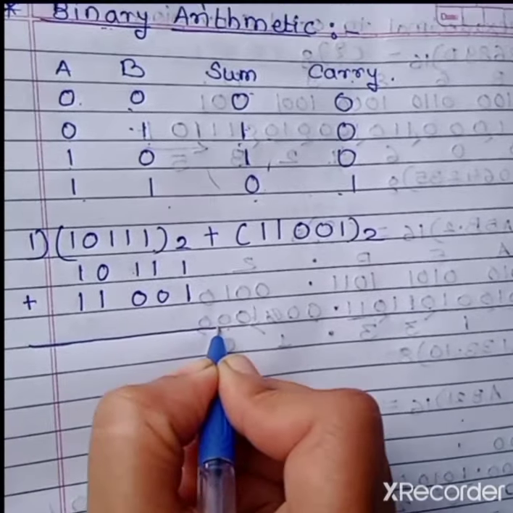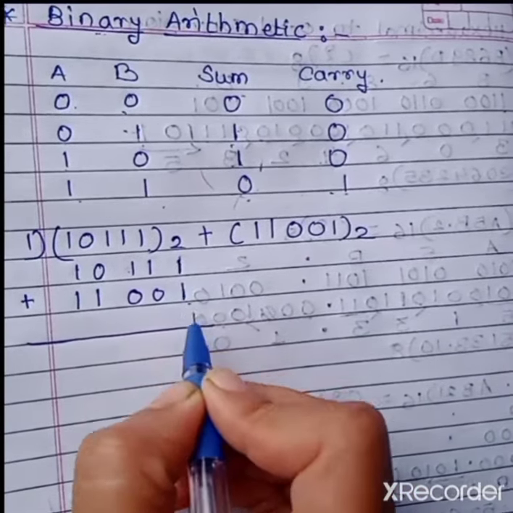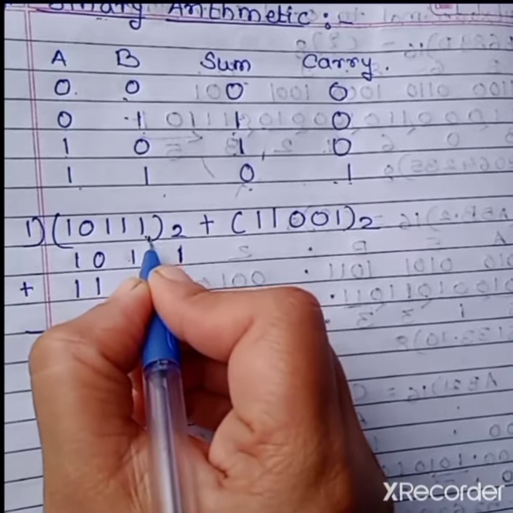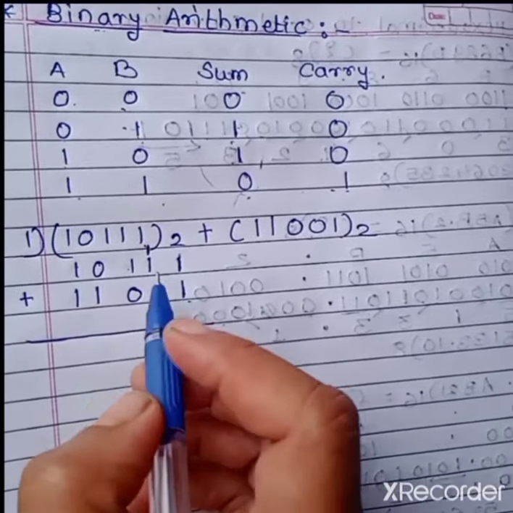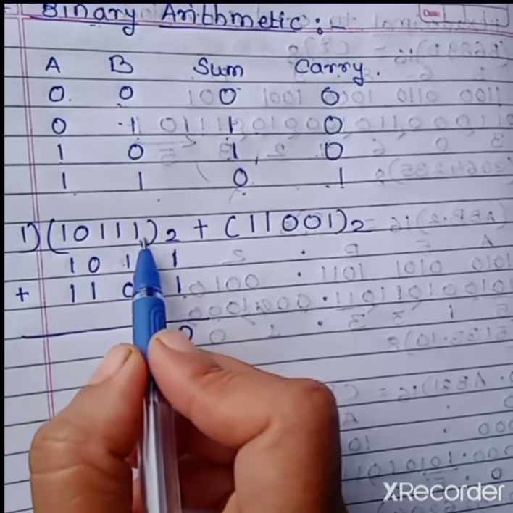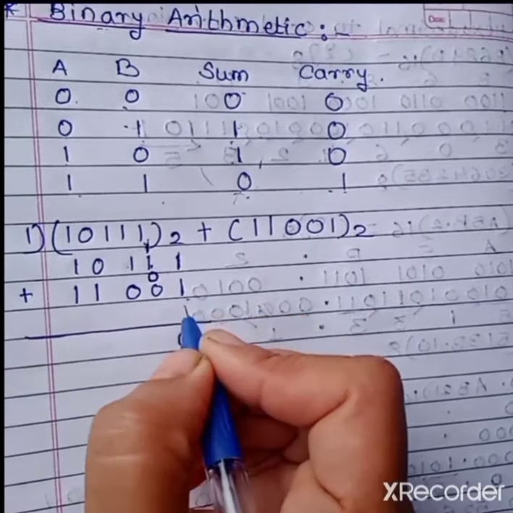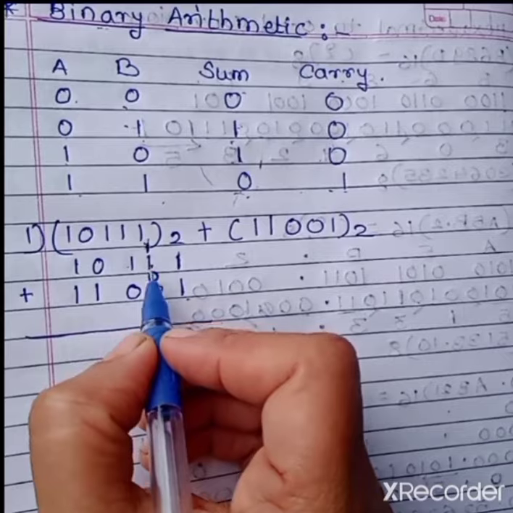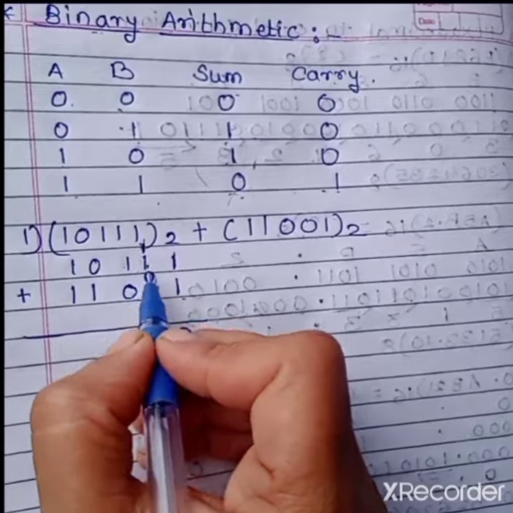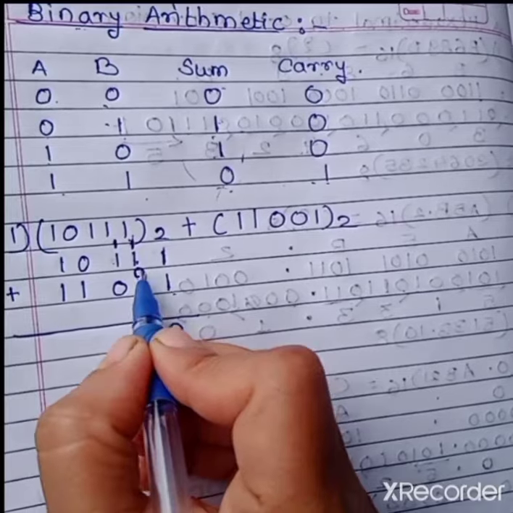Now you have to follow rules. 1 plus 1, sum is 0, carry is 1. So for 1 plus 1 I will write sum 0 here, and I will put carry above this one, right? Now first perform the addition of this carry and this carry. So 1 plus 1 again 0, write down here addition. 1 plus 1 sum is 0 and carry is 1. So this addition's carry will carry forward here, and you have to perform addition of this 0 0.